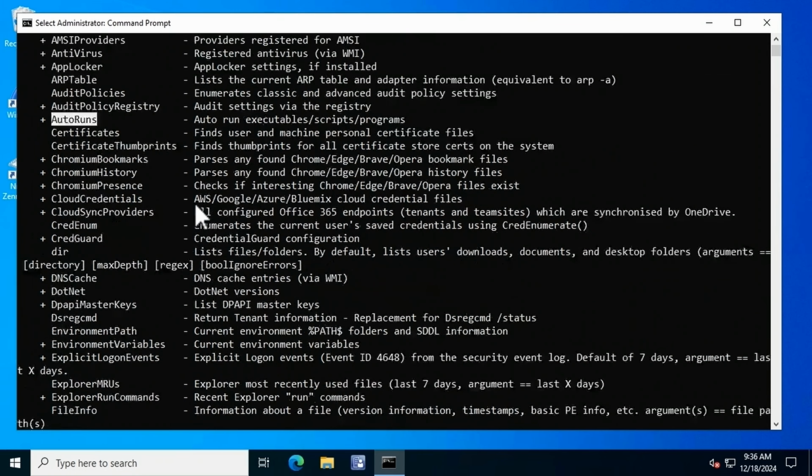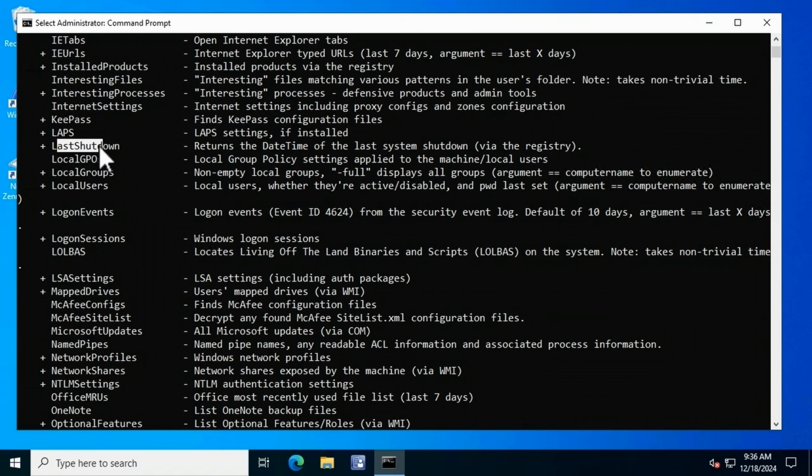The history and the bookmarks that are set up within the browser itself, the DNS cache, information on your .NET versions that are running on the system. So Seatbelt uses WMI to collect a lot of this information about a target system. You know, your FileZilla history and configuration files, all kinds of different pieces of information, different IE tabs that are open, your favorites, your URLs,